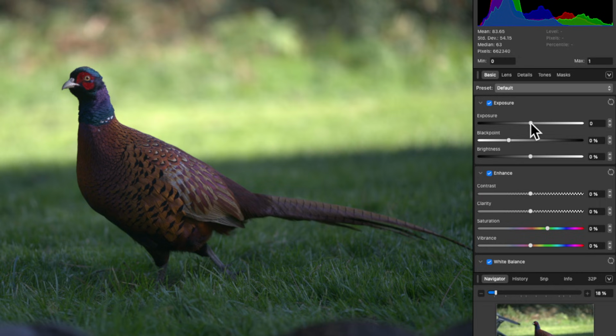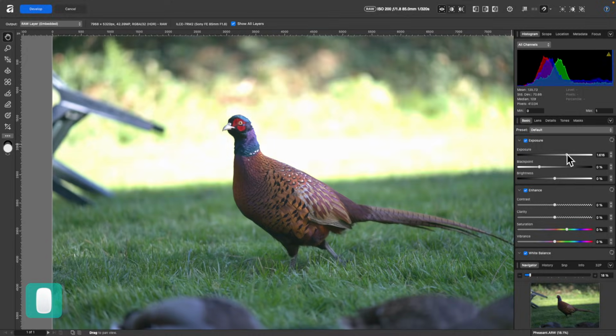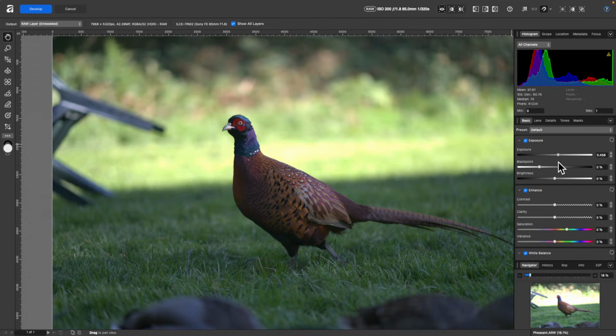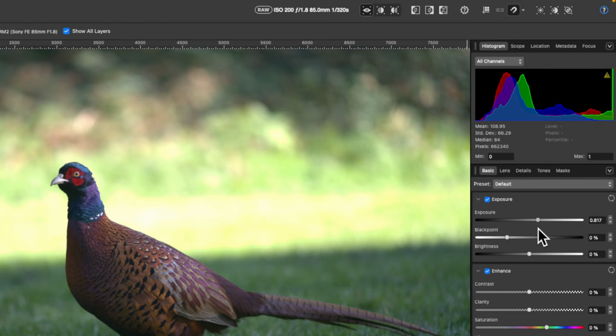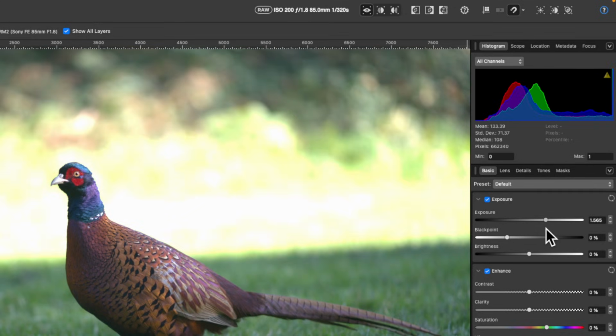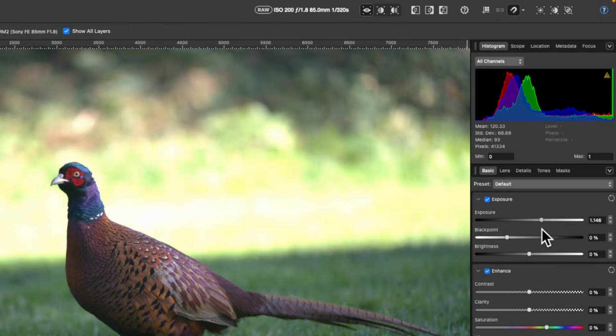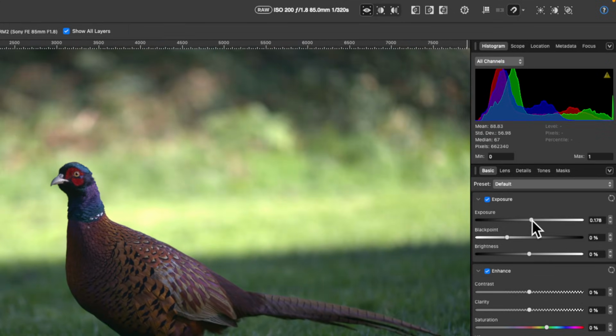Starting with exposure, this one makes the whole image lighter or darker, with the highlights changing faster than the shadows. So as I'm hovering around the middle here, I'll just drag it up and you can see the highlights are starting to clip. Look up in the histogram, you can see it clipping slightly there, and we're losing a lot of detail to the highlights. And I'll just drag it back down to the middle there. And again, to reset it, I just double tap on that little circle and it's back to 0.